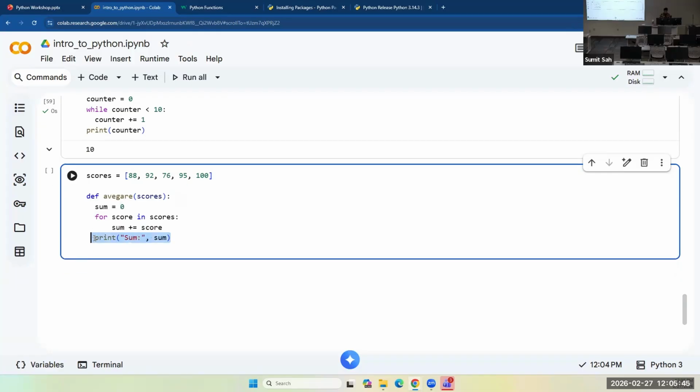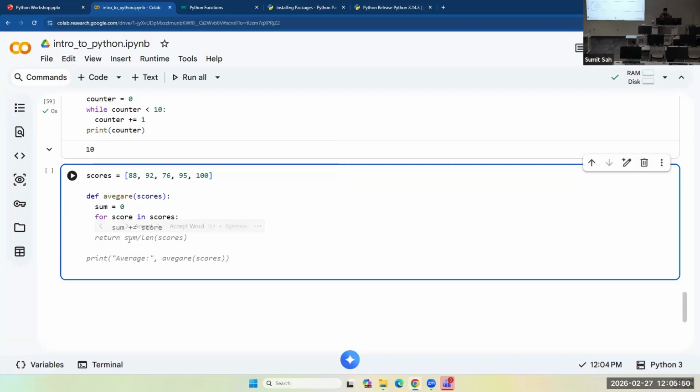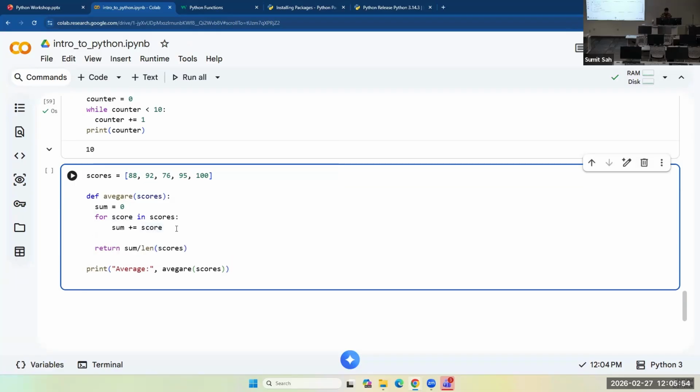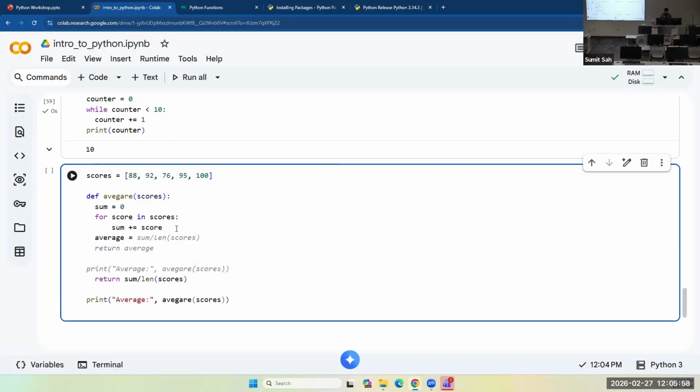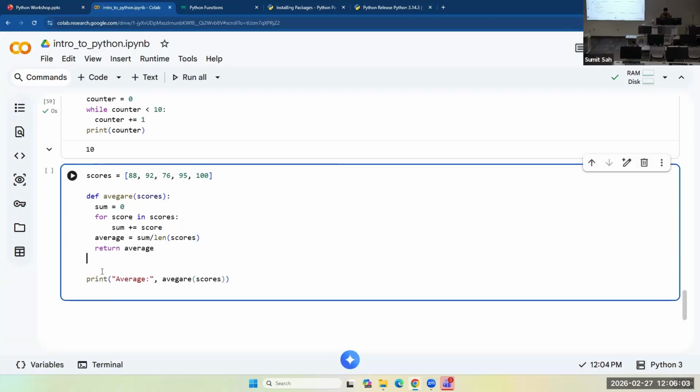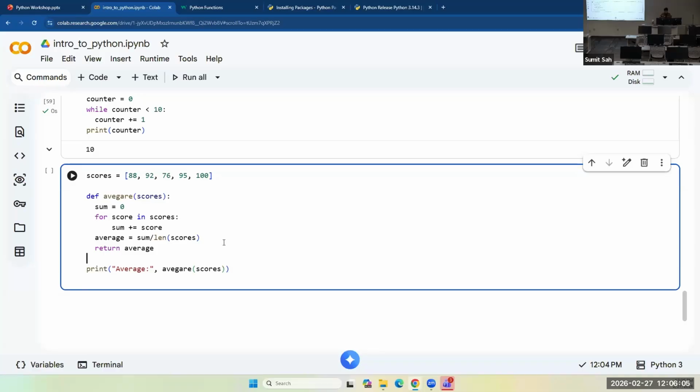And then after I am done with summing, I'll compute average equals sum over length of scores, and I'll return the average. So this is packaged into a function.